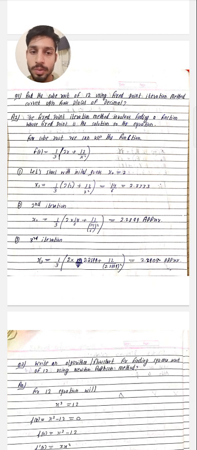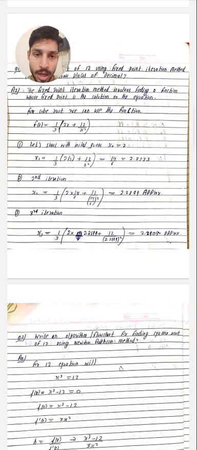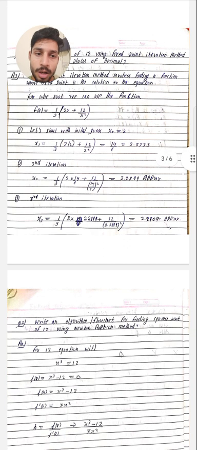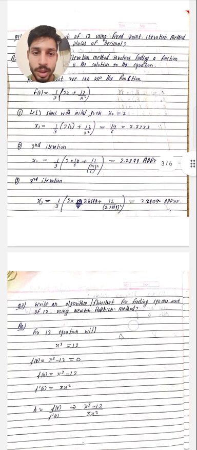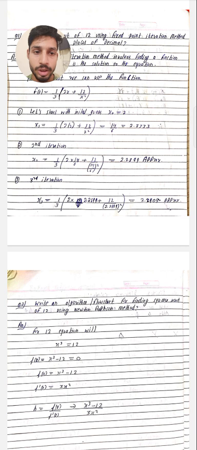Now we will use this value in the second iteration. After keeping the same value in the second iteration, we get the value of x2 as 2.2899. Still we see a significant difference between the two values. That's why we will again do a third iteration. In the third iteration, we keep the value we got in the second iteration. So after keeping the value in the third iteration, we get the answer as 2.2909.